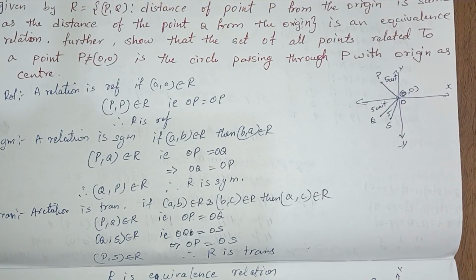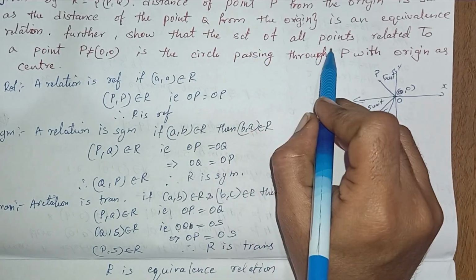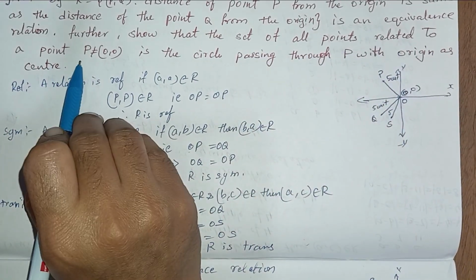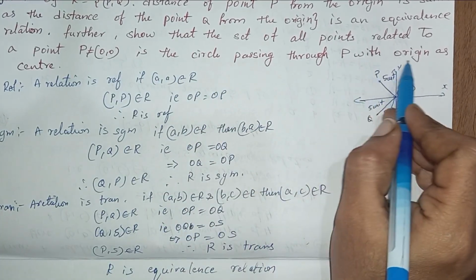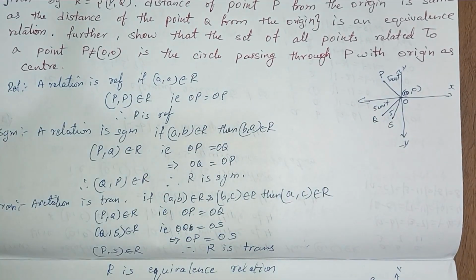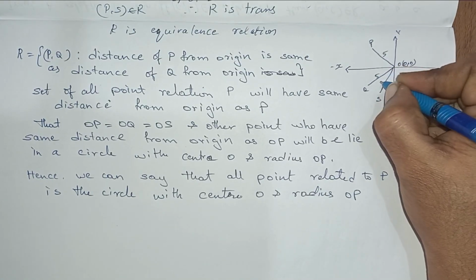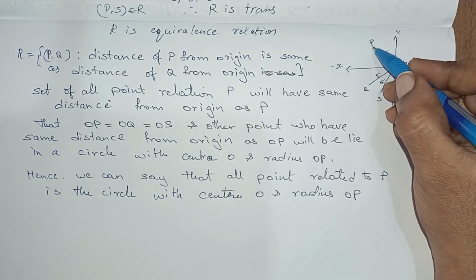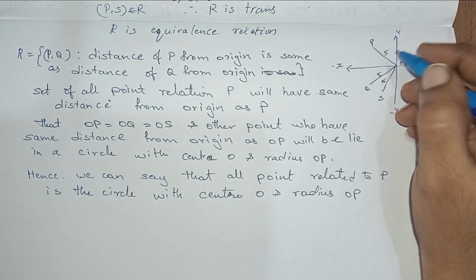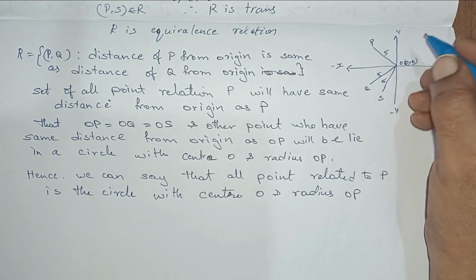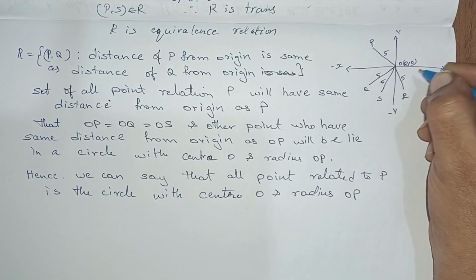So the next part of the question was: show that the set of all points related to a point P not equal to 0, 0 is a circle passing through the point P with the origin as the center. Here P is at 5 units, Q is at 5 units and S is at 5 units. We know that PO, QO and SO are of the same length. If we take any other point, like R, which is also 5 units,